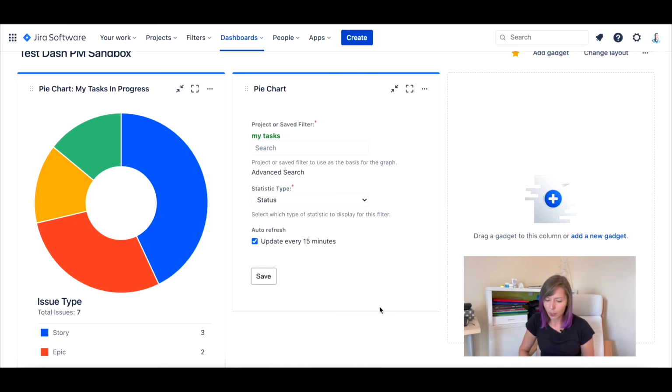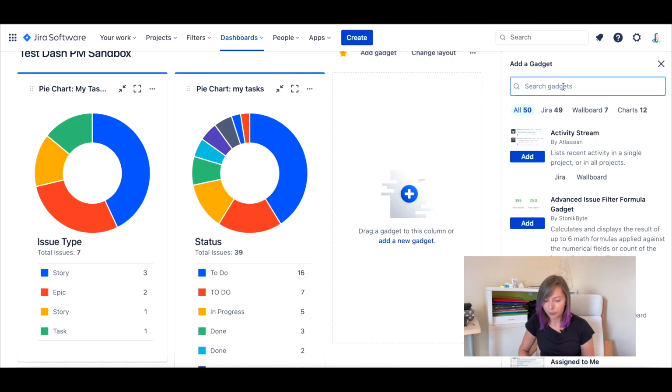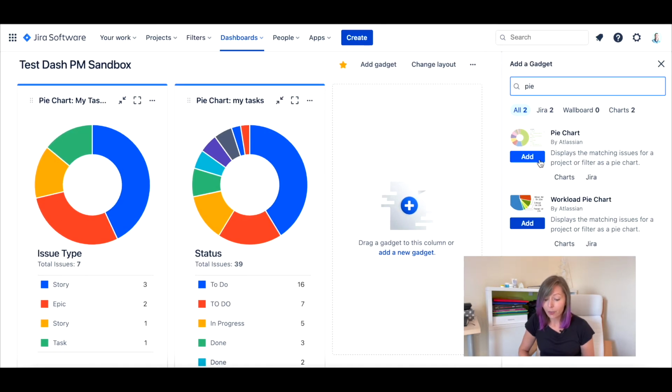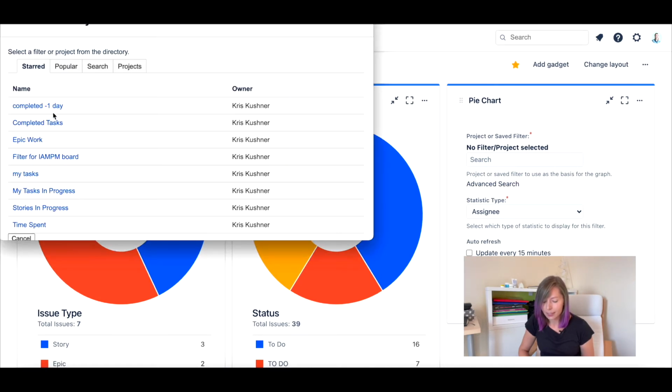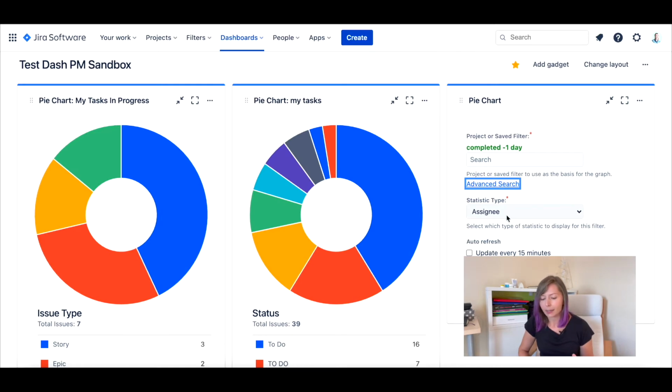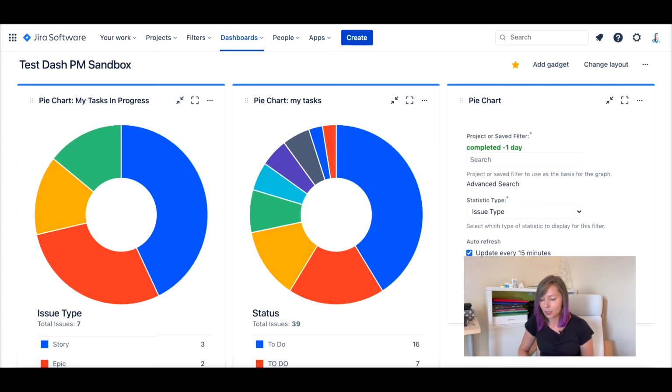The second one that I'm gonna set is all the tasks that are assigned to me. So I need to know what other work I have on my list, and there are 39 tasks. I have filtered them by statuses so that I will have an idea where they're currently at. And one more filter that I love using on the dashboard is the tasks that are completed during the last